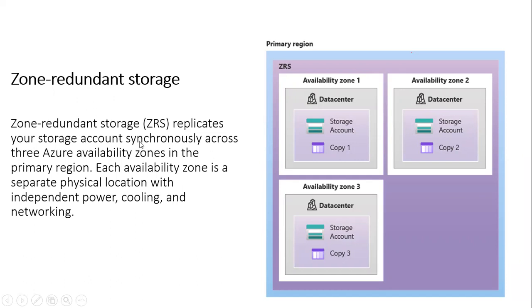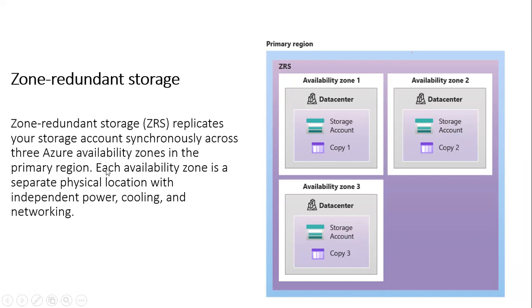This time it is not just replicating your data. Last time, in the same data center with the same storage account, it was making three copies. This time when I am using zone redundant storage, it replicates your account across three Azure availability